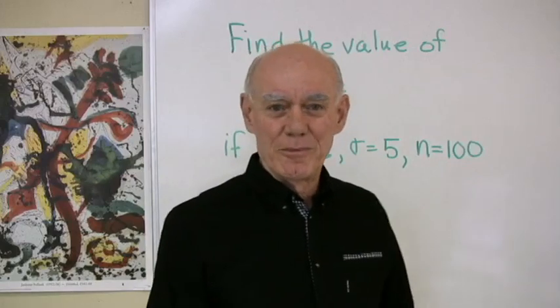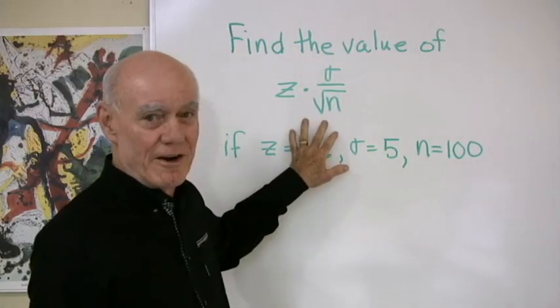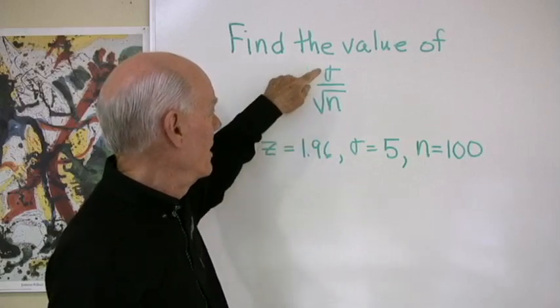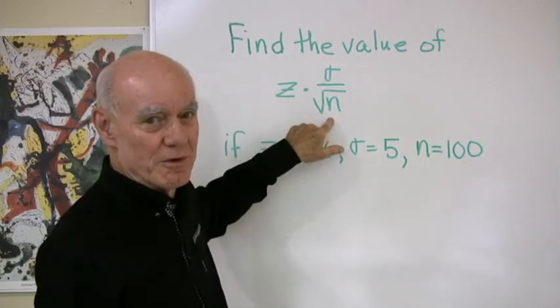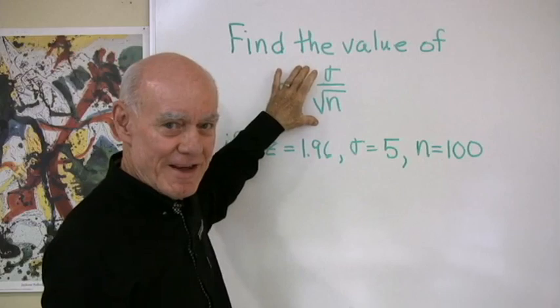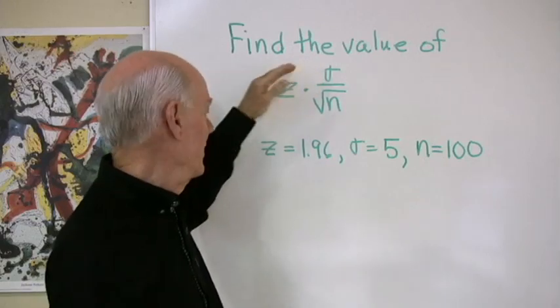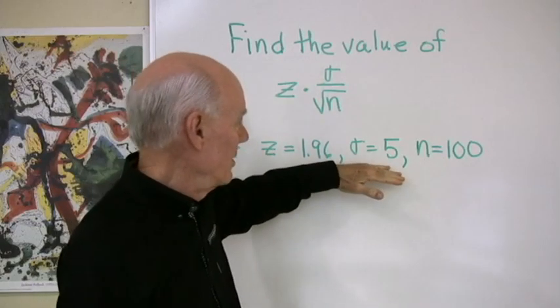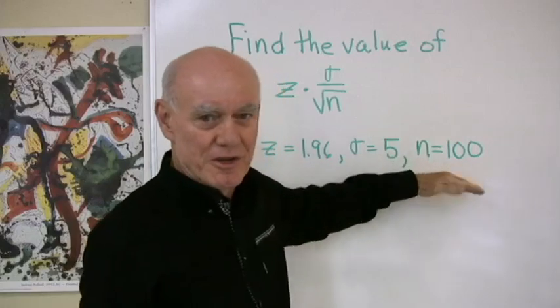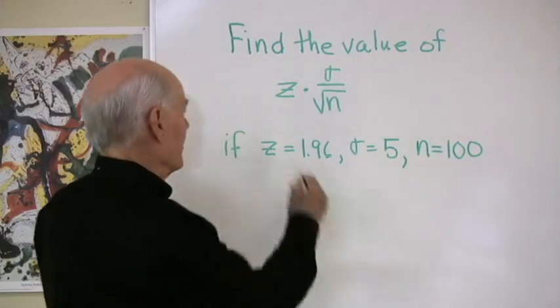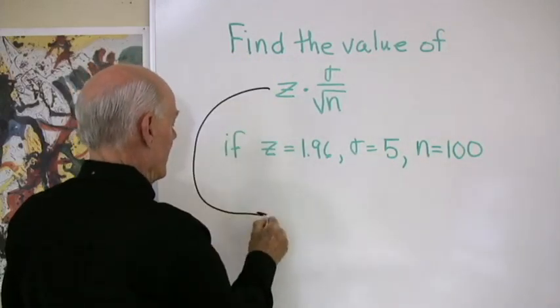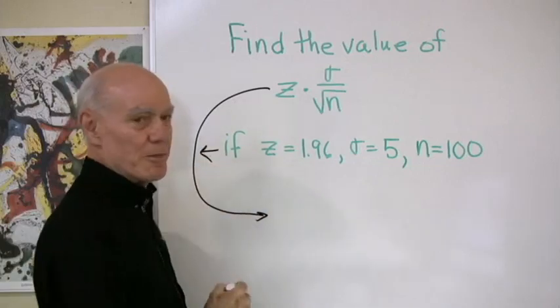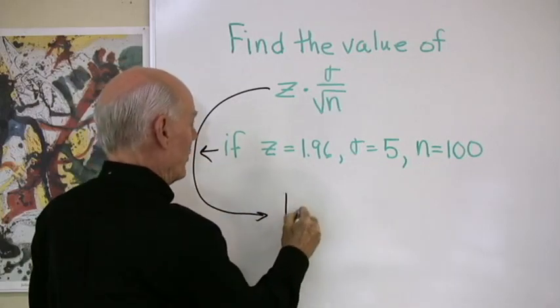Okay, here we have a formula for what's called the margin of error, and it's z times sigma divided by the square root of n. So we want to find the value of this, or we want to evaluate this when z is this number, sigma is this, and n is equal to this. Very simple problem. I'll just take this expression right here, and I'll substitute these numbers into it, and I get